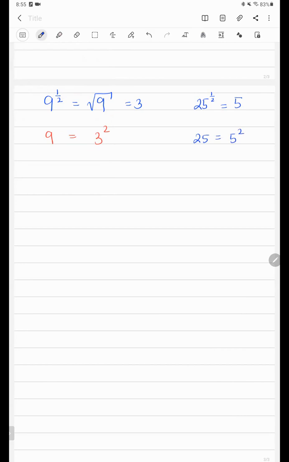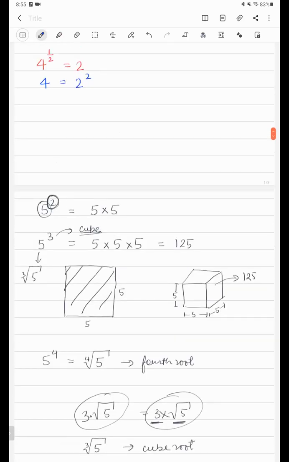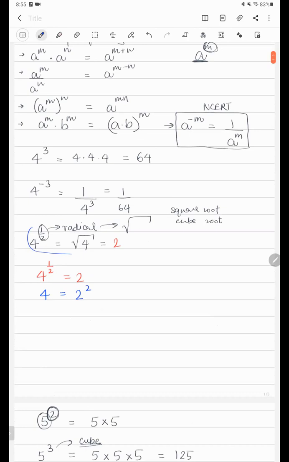Ma'am, 9 to the power of half is equal to root 9, that is equal to 3. Can you tell me, ma'am, I don't understand so quickly, ma'am. So can you repeat, ma'am, how will it be 3? Okay. All right. So where did you understand this part? Did you understand this part? No, ma'am, root 4. Ma'am, basically, 4's half will be 2.